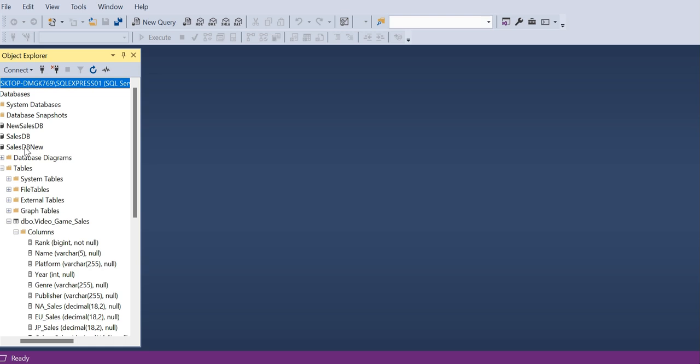Keep in mind that the specific steps which I will now demonstrate will be a little different from what you will need if you are working with a different database.